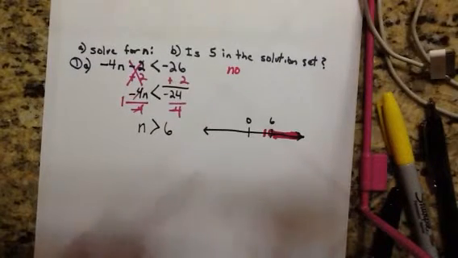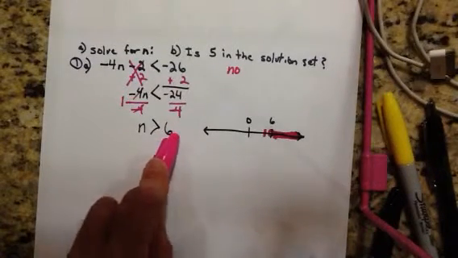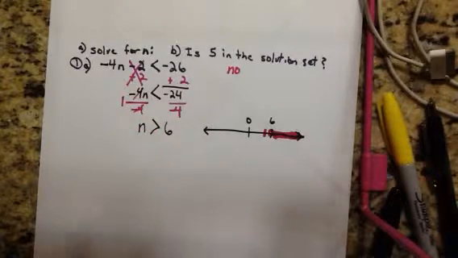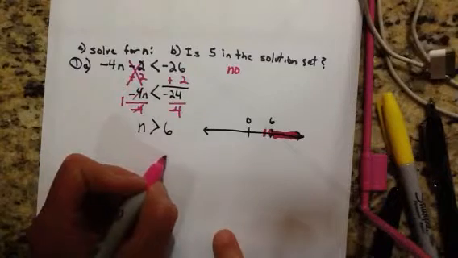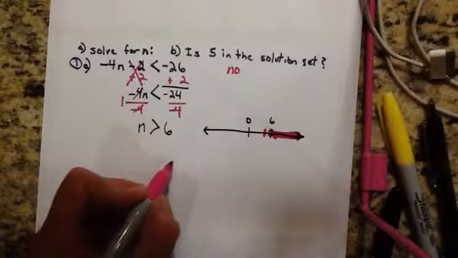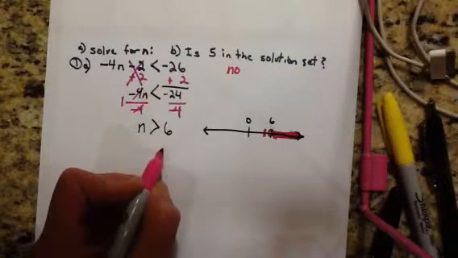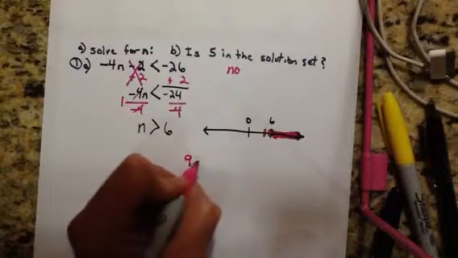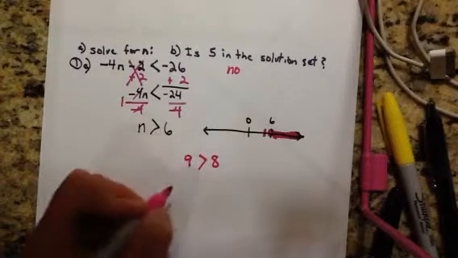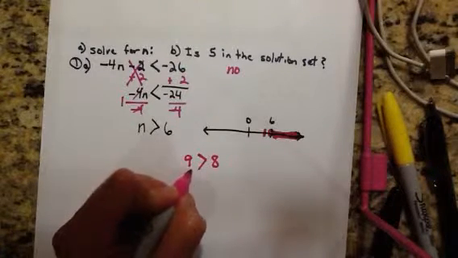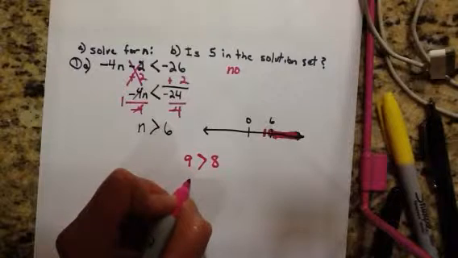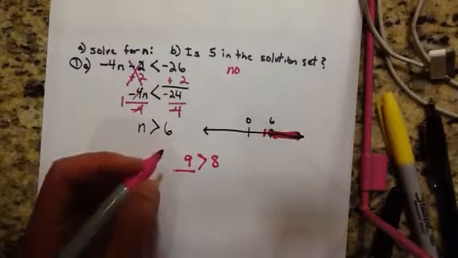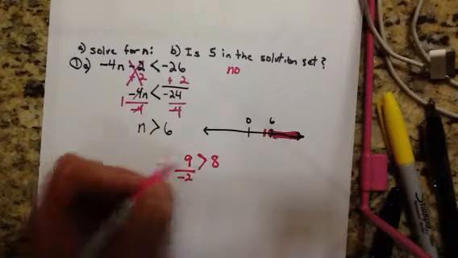So hopefully this has helped you to understand that the direction gets changed. And just as a reminder, we saw how multiplying by a negative changes the symbol. Let's see about dividing. 9 is greater than 8. Well, if I divide that by, say, -2,